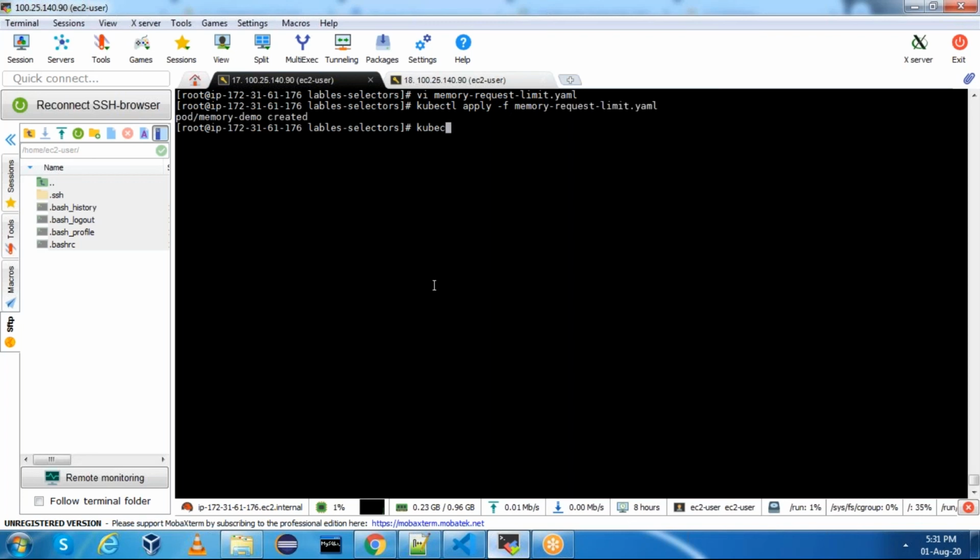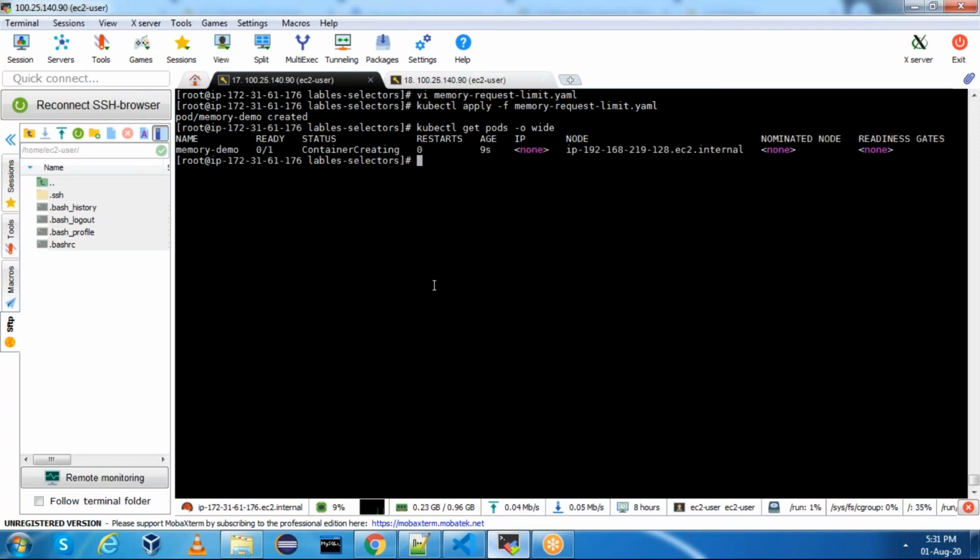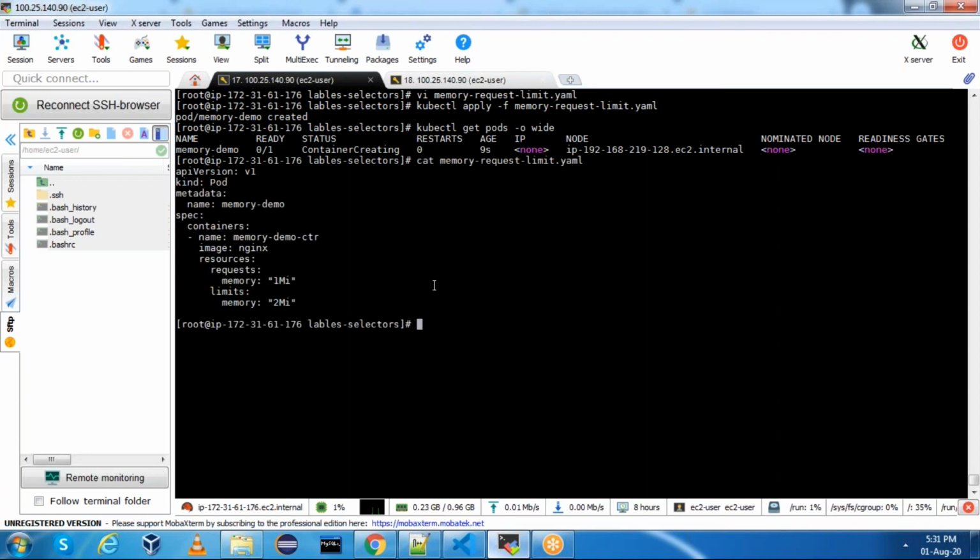Perfect. Now see the pod, kubectl get pods -o wide. See, it's container creating because it never gets that memory. That's why the pod will not get scheduled.